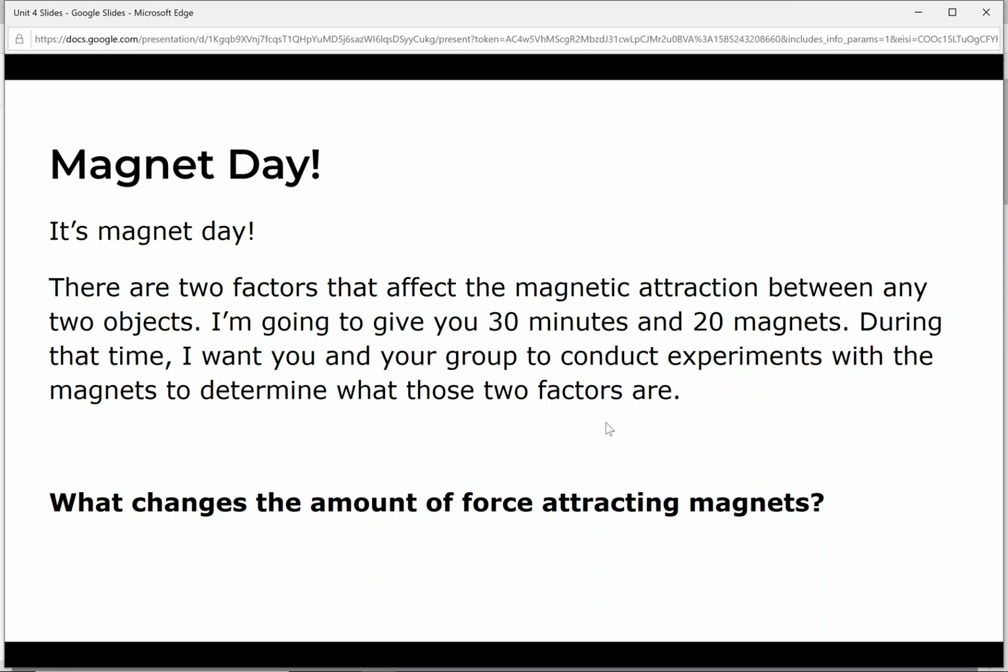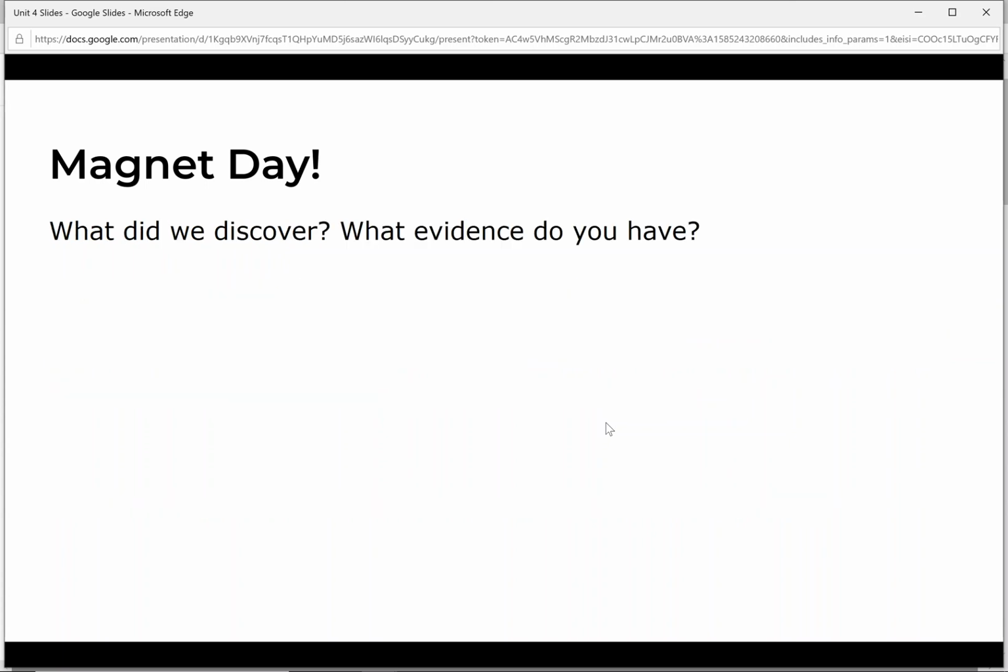After you do this, or if you're just watching the video, we figure out that the two factors are distance and amount of charge. So think about with magnets, okay? If you hold them very, very close together, they're going to be attracted super strongly, right? Versus if I held them like a football field away, they wouldn't really have any attraction. The greater the distance,